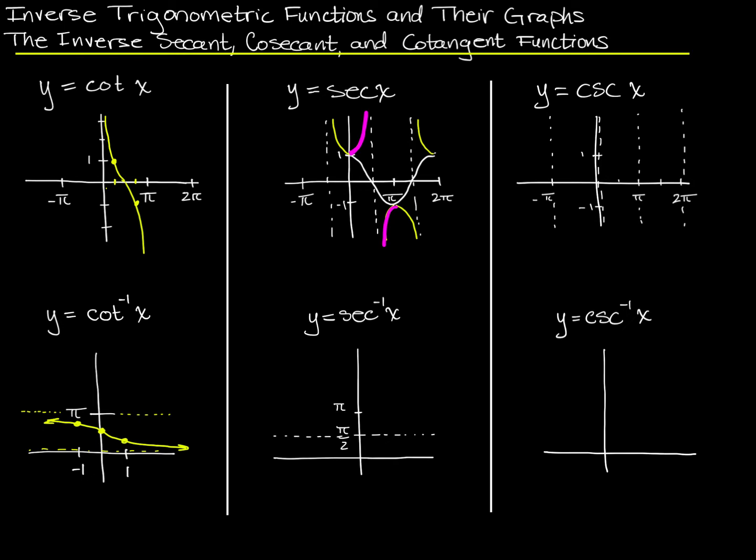There's pi, and then 3 pi over 4 is here. I don't have pi over 2 and 3 pi over 2 labeled in the secant graphs. They're here and here. That's pi over 2 and 3 pi over 2. So I'm putting those, what used to be vertical asymptotes, in as horizontal asymptotes, and then I'm going to look